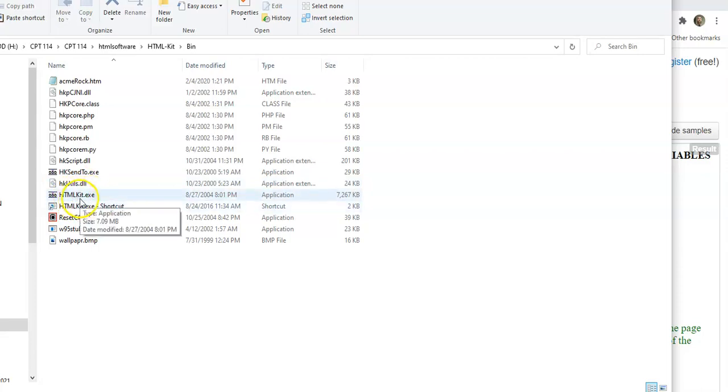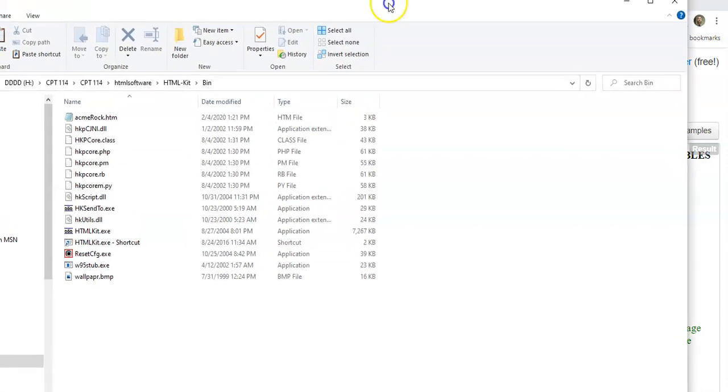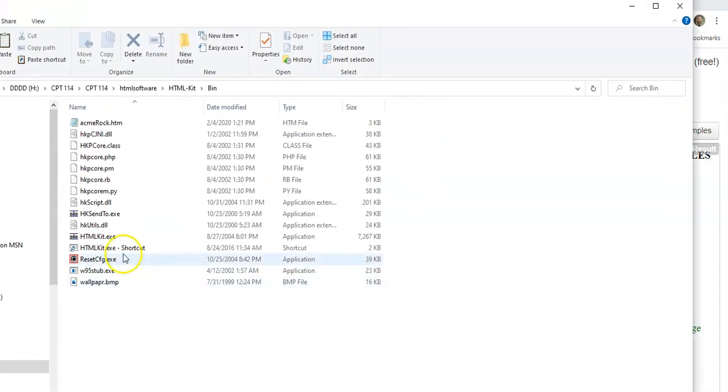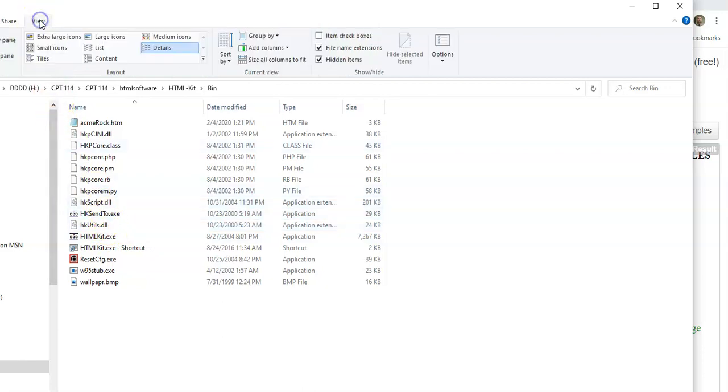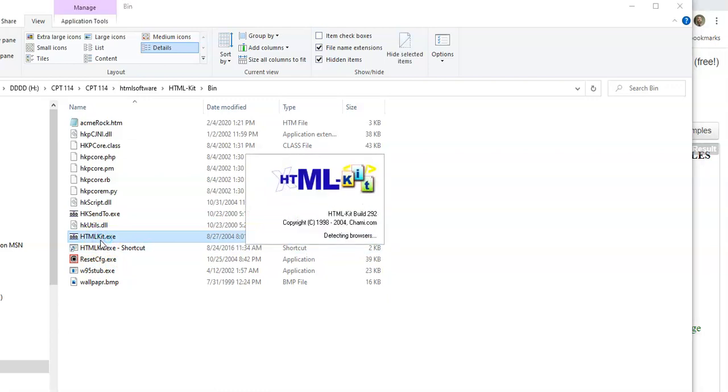Now, if you just bought your computer or haven't been using it that long, you may not see this .exe at the end. So what you need to do in order to be able to see it is to click on the View menu up here on Windows Explorer and check the file name extensions. So if yours looks like this, I'm going to uncheck it, and you can see that there's no extensions, HTML-Kit, no exe. I'm going to check the file extensions box, and now it says htmlkit.exe. This shortcut does not work. Don't double click that. So if I double click on htmlkit.exe, it's going to go ahead and open up